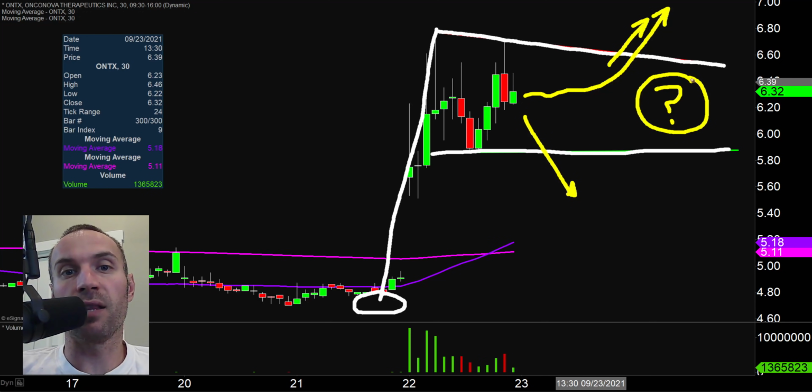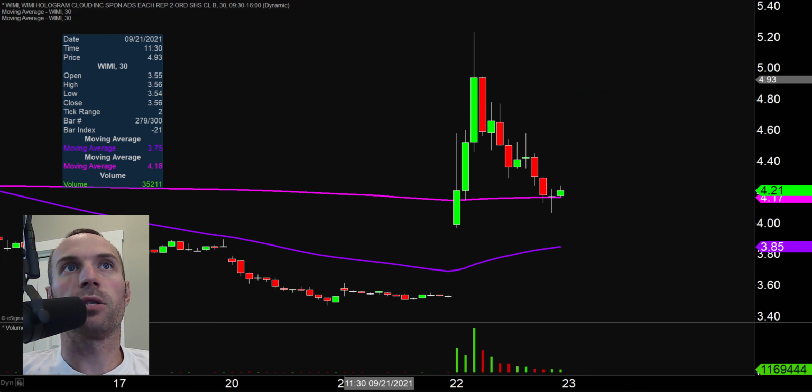But all in all, gotta love the volume today, gotta love the volatility. And at the end of the day, you gotta like the pattern here that's formed. So not just a question of can the bulls get the breakout of the bull pennant pattern. Let's see what happens. Next one here, ticker symbol WIMI, and this is all based around the fact that